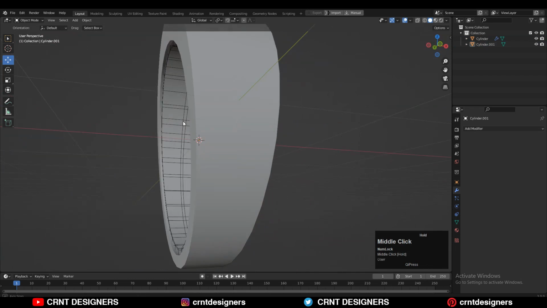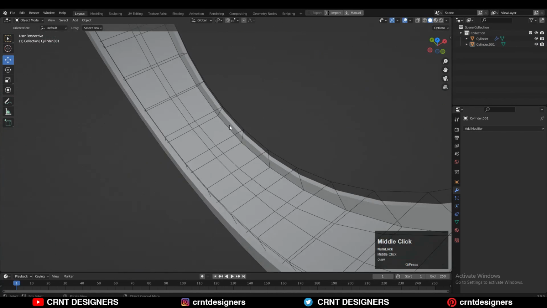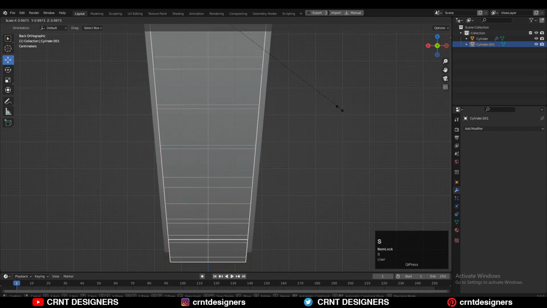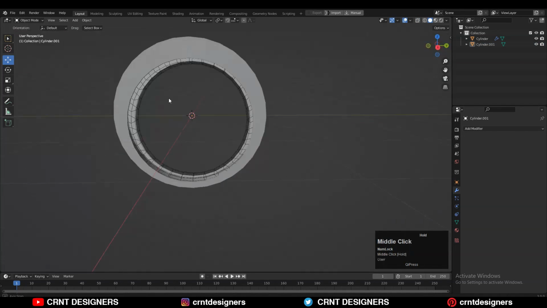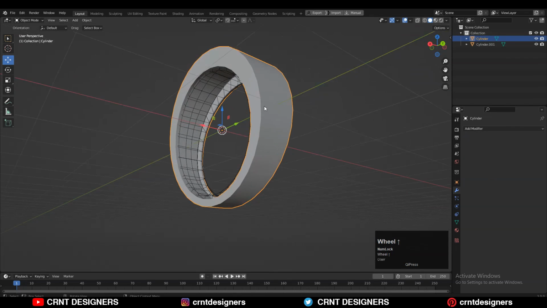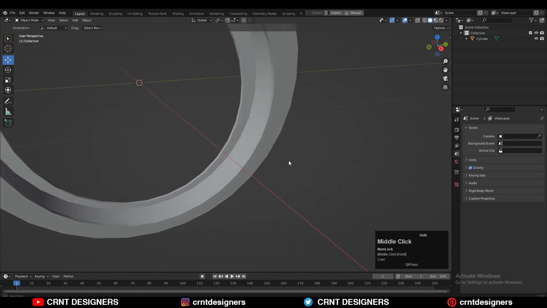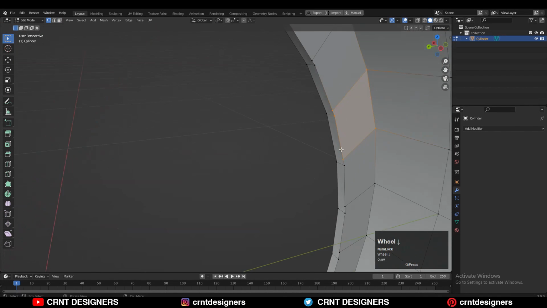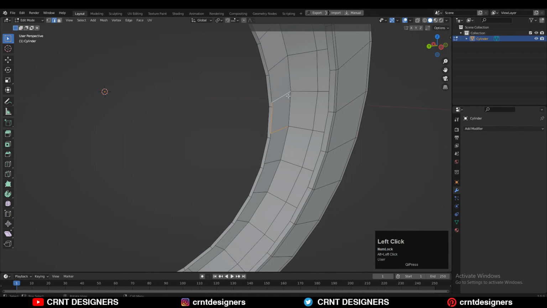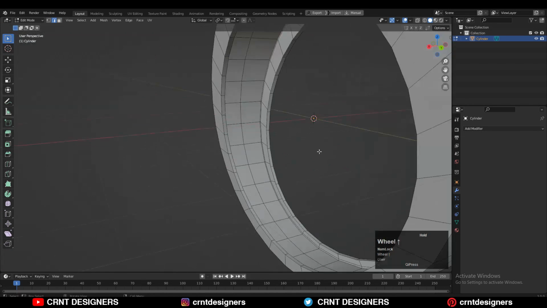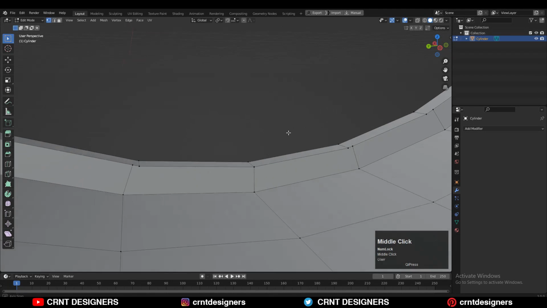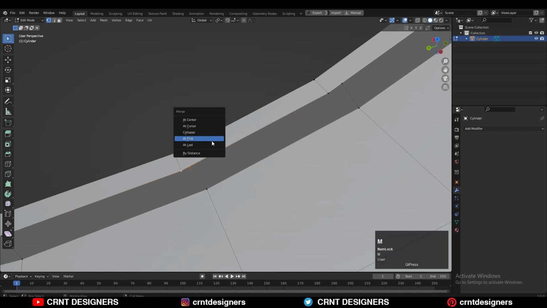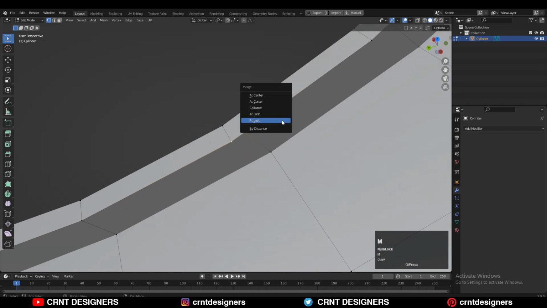And then you can use the boolean operation, which is difference. So you can create the cavity there in that ring. And then you can apply that boolean modifier and then delete that inner cylindrical shape. Now you can see we are facing a little bit of an issue there because of that inner ring. The vertices are not properly merged here, so that's why we need to merge these vertices.